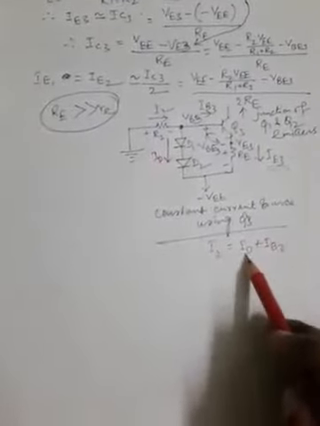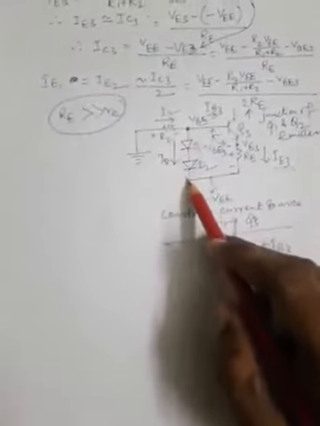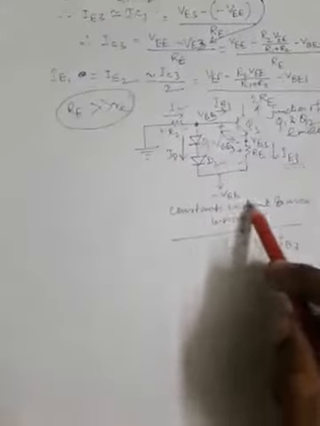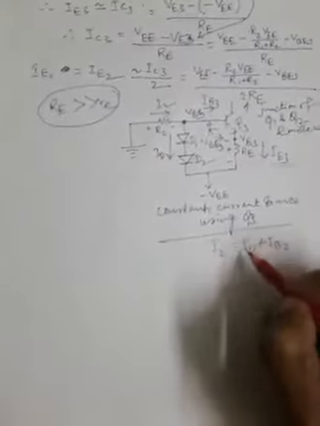It will take the major portion of the current from I2 to be passed through D1 and D2 to go inside this minus VEE, and therefore if ID is increased, IB3 is decreased, so the current into the base of the transistor Q3 will be decreased,